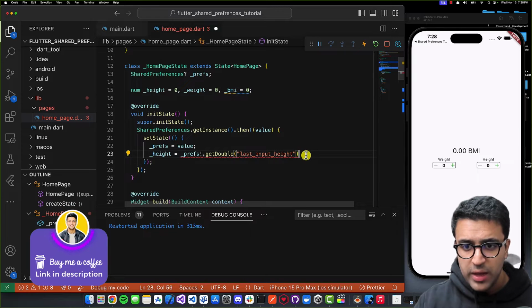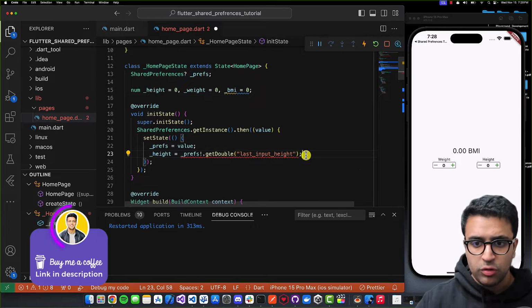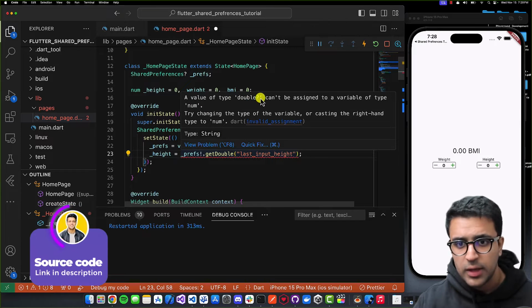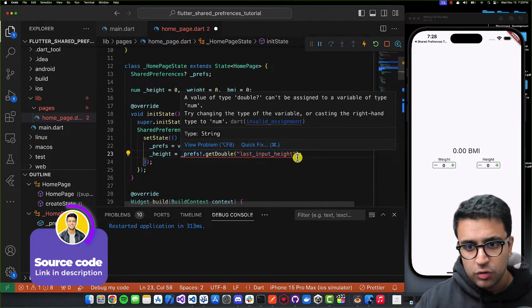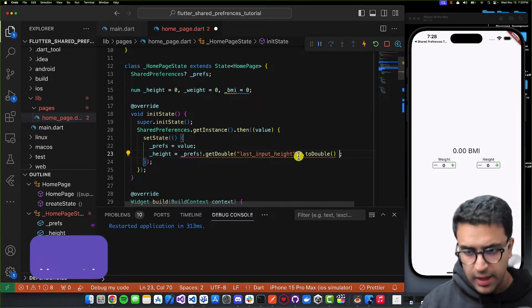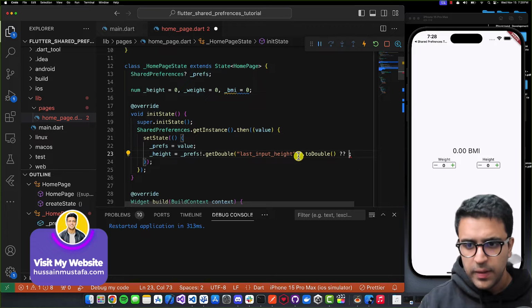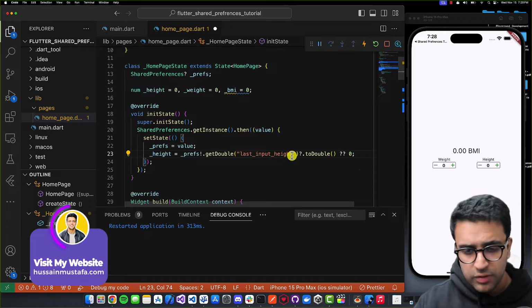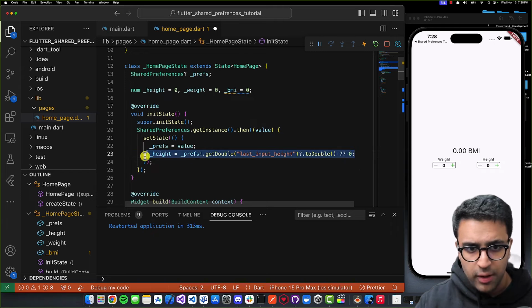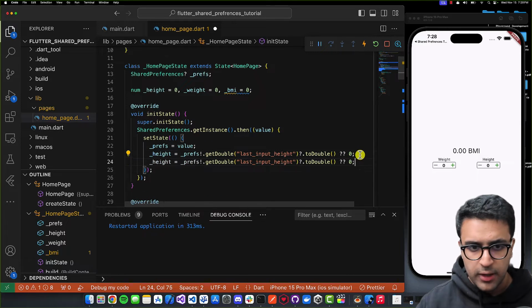And then once we have this, I'm going to show you guys what error we're getting. It's saying that an optional double can't be assigned to a num. So to fix this, what I can do first is cast this as a double. And if this value is null, then we can just replace it with a 0. Then I am going to copy this line of code and paste it in again,